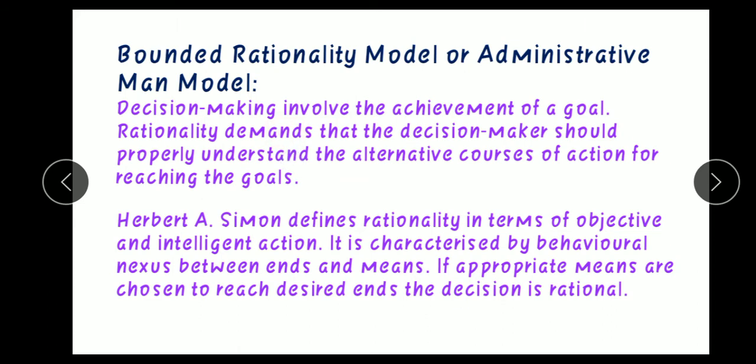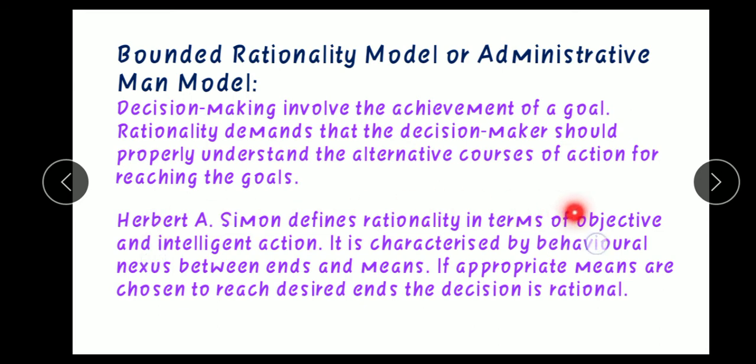डिसीजन मेकिंग जो है, this model is mostly used to achieve the goal, to fulfill the objectives, and rationality here also demands that the decision maker should properly understand the alternatives. पहले alternatives को यहाँ हम अच्छे से समझने की कोशिश करते हैं, because sometimes this happens that new alternatives are also there, but in hurry we don't look forward to the new alternatives. वहाँ पे new alternatives भी present रहते हैं, but जल्दी में रहने की वजह से या फिर courage नहीं रहता है, we don't have courage or patience to look forward, so न्यू अल्टरनेटिव के लिए वेट नहीं करते हैं और जो अल्टरनेटिव अवेलेबल है उसी को चूज़ करके अपने गोल तक पहुंचने की कोशिश करता है.